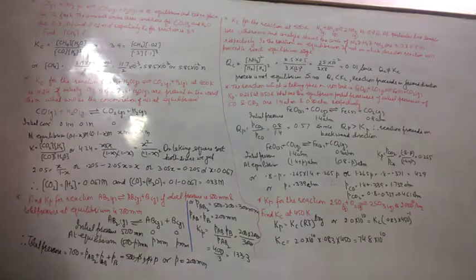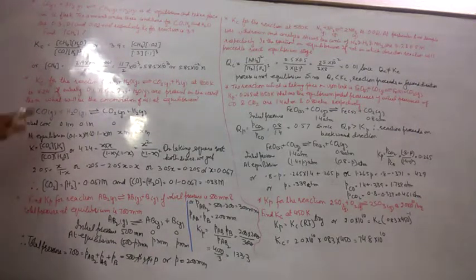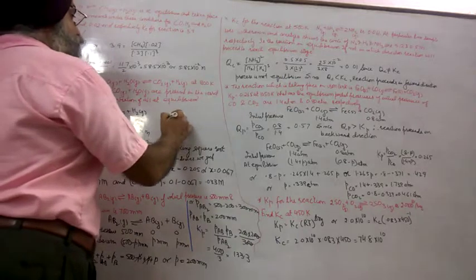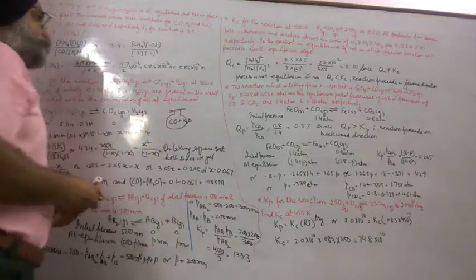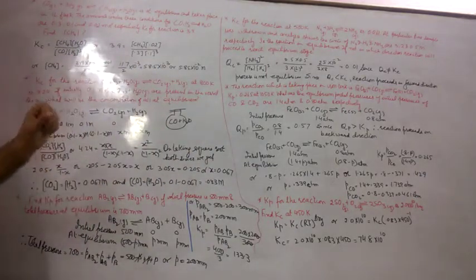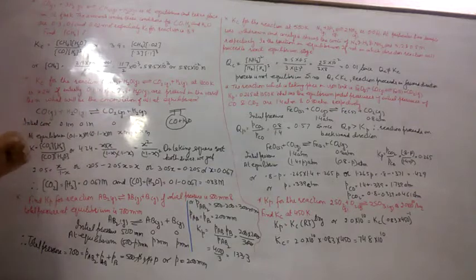In this numerical, Kc is given to you, and the initial amount is given to you. But in the initial amount, no product is present. You have to find the concentration of all the reactants and products. In this case, inside the vessel at the start there are only two gases, CO and H2O. As time passes, the products will also form. They will come from the reactants, which will be consumed. The reactant will be consumed and the product will be formed.